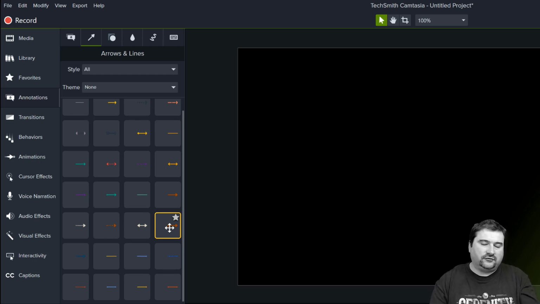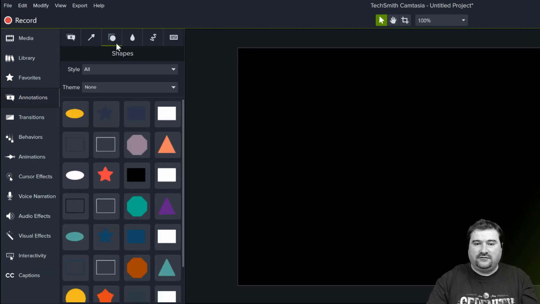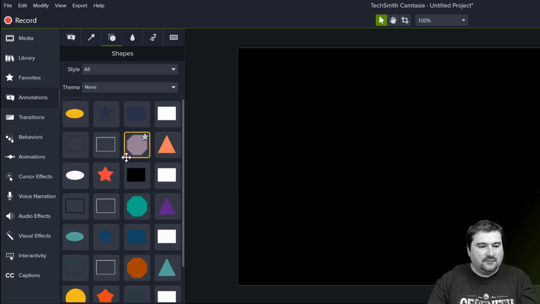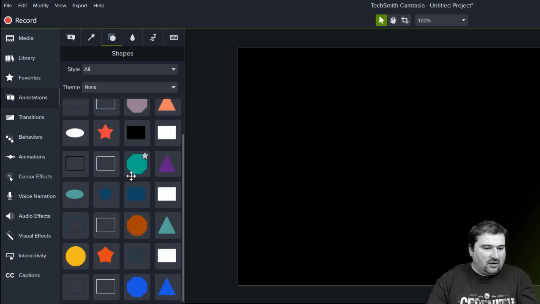But that is pretty much all you can do. So what if you wanted to create, say, an arrow that is thinner at one end and thicker at the other, kind of like a cartoon arrow? Well, this is not included even in the shapes. If you go to the annotations, go to shapes and enable style all, so you can see all of the annotations you have here, this is pretty much everything you have. You have squares and ellipses and stars and rectangles, a bunch of octagons or whatever these are, and that is it. You have triangles, of course, but there is no quick, nice, cartoony arrow.